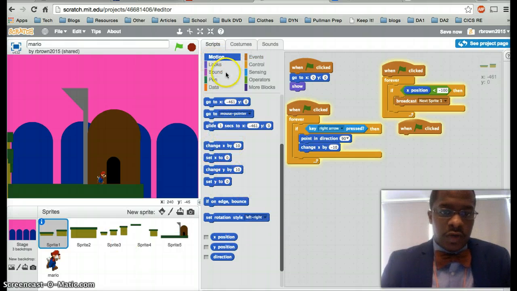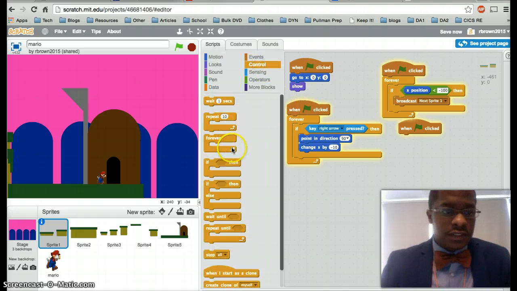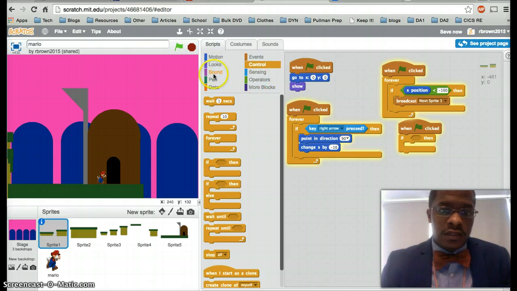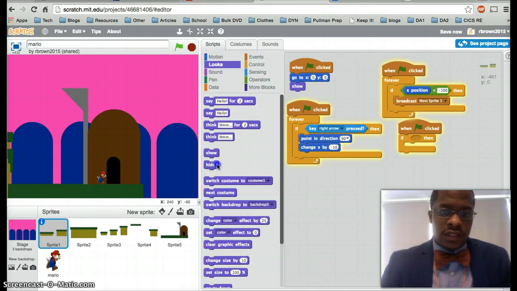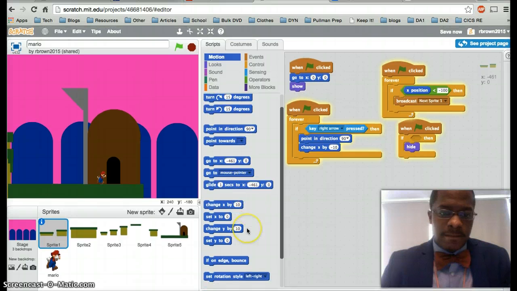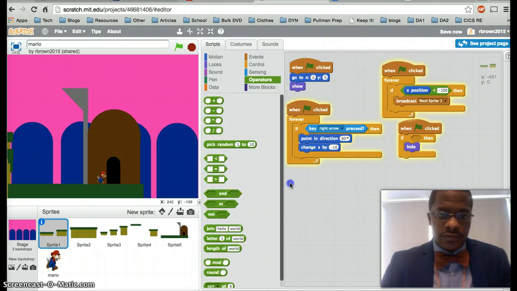So we say once X goes to this location, then maybe it should disappear. So we say if, and then hide. So if X is at this point,